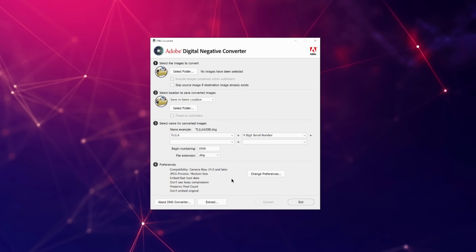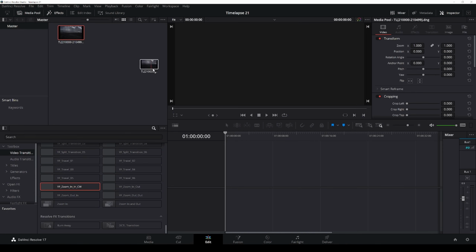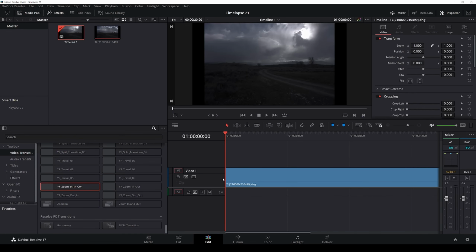The first thing we'll do is convert all of our raw Sony files into cinema DNG files through Adobe DNG Converter. This usually only takes a few seconds or minutes to do. When that's completed, we'll then go ahead and open up DaVinci Resolve and get started. First, we'll import our DNG sequence onto the timeline. This is going to allow us to play it back in its